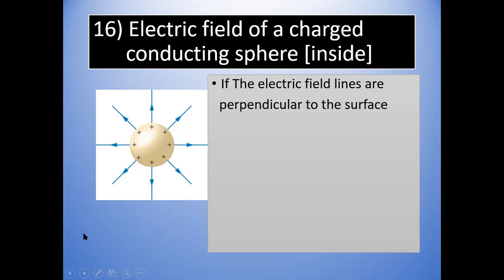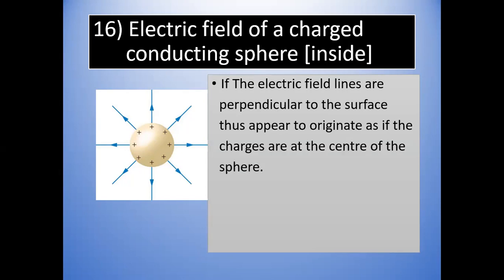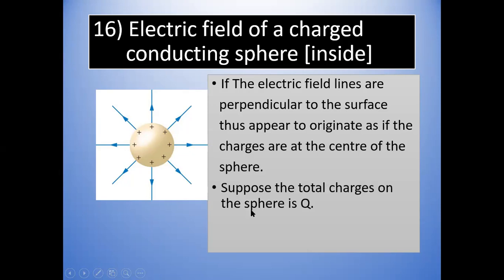Right? So if all the surface, remember the electric field lines leave the surface perpendicular to the surface. That means they come out from the center at a radius along the radial line. So the electric field lines appear as if they're coming from the center, because you just imagine that all the charge is at the center. So if the total charge on the sphere is Q,